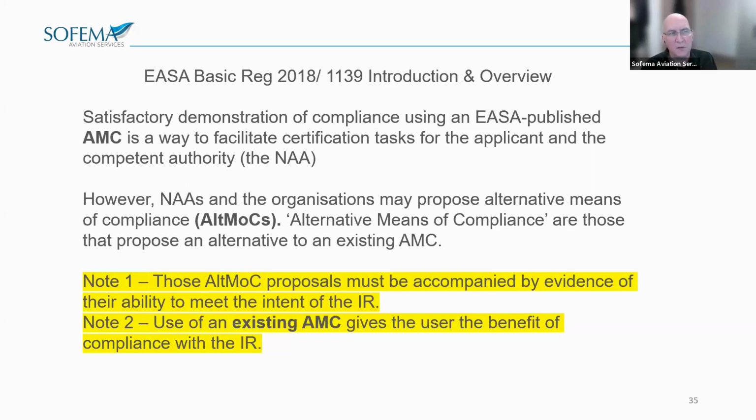However, if you're going to use an alternative means of compliance, you've got to justify it and come up with a very sound and thorough statement as to why it's as good as the existing AMC. So it is quite difficult to do. It's quite a challenge, but it can be done, particularly in regard to perhaps new technology where the existing regulations are not able to accommodate a new way of doing things in aviation, perhaps things like electric aircraft or composite structures, drones and so forth. There may be a need for alternate means of compliance when the regulations have not quite yet caught up with the technology evolution.